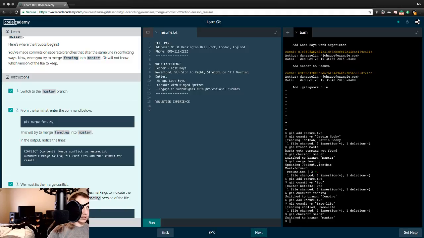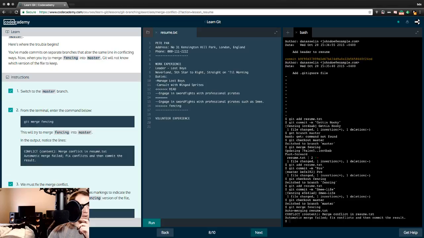Okay, so let's drop in git merge fencing. And it spits out that angry message. Auto-merging resume, conflict content, merge conflict in resume text, automatic merge failed, fix conflicts,